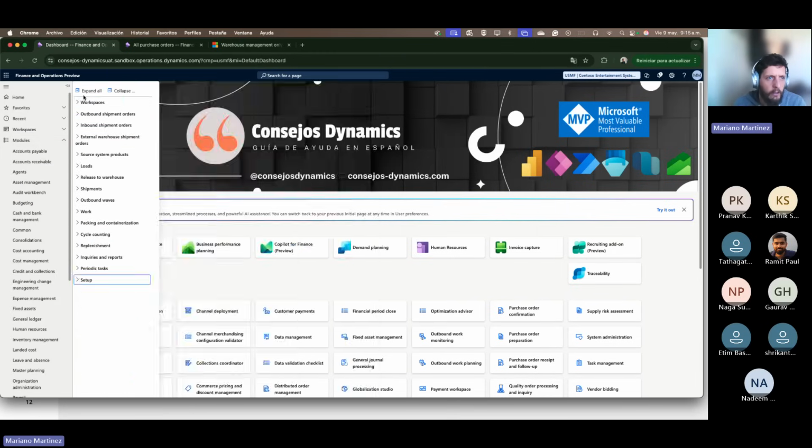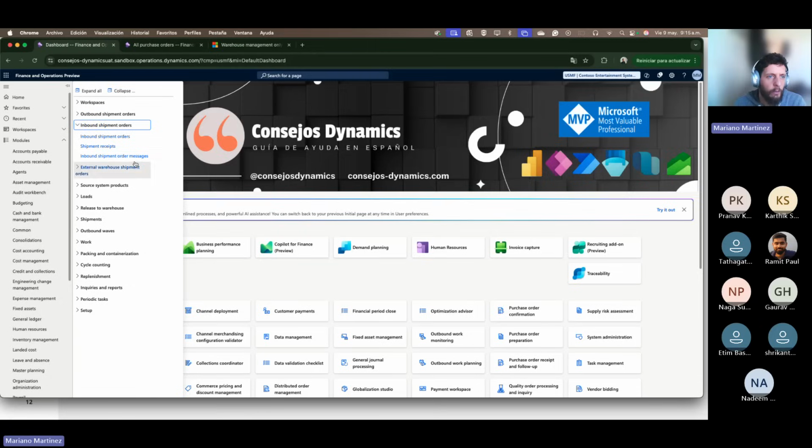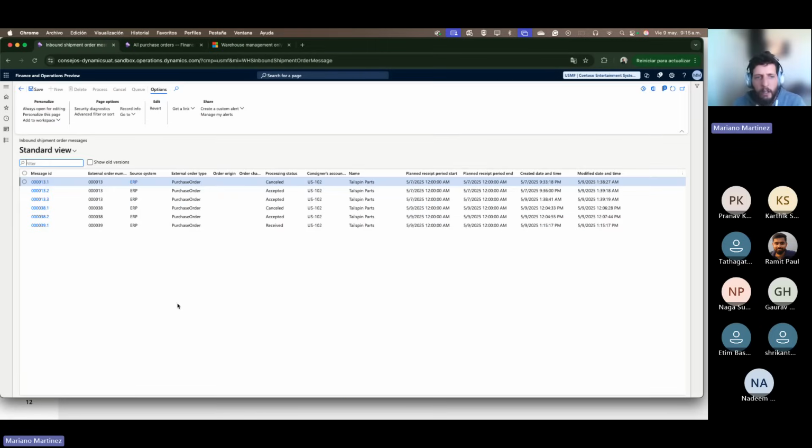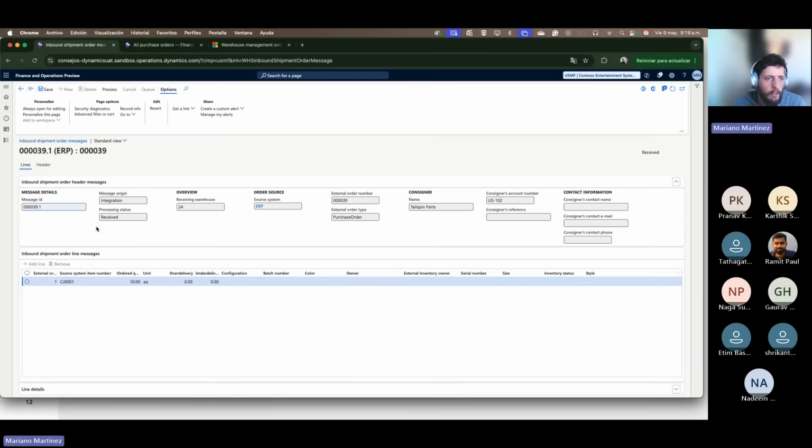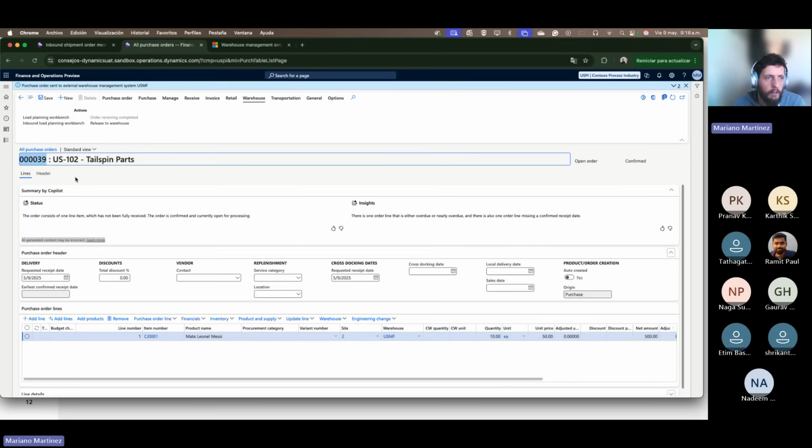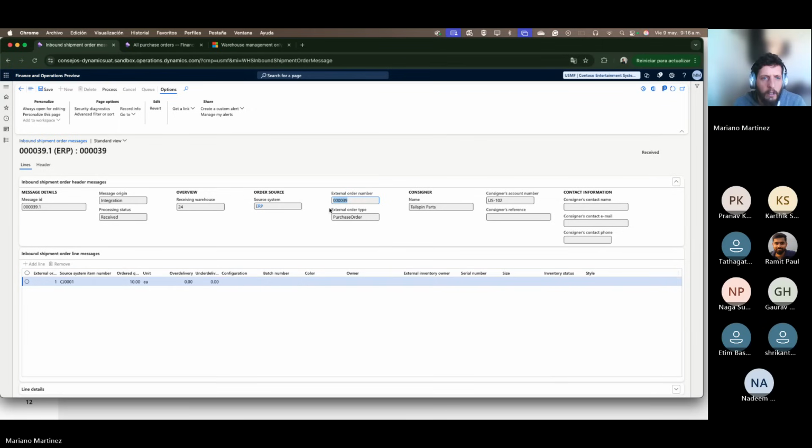So if we change to the USMF company, we're going to navigate here. You will see these new menus, which are the outbound shipment and inbound shipment orders. So you're going to navigate into the shipment order message. And you see that I received this message, which is from the external system, the order that is 39, which is the same that we have in the other company,